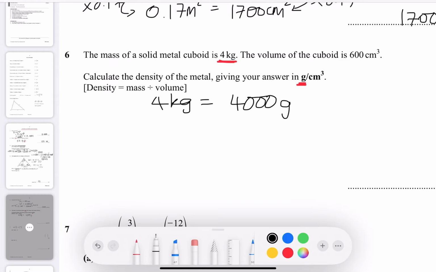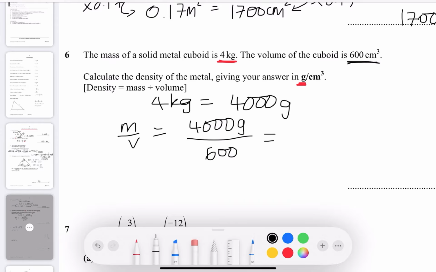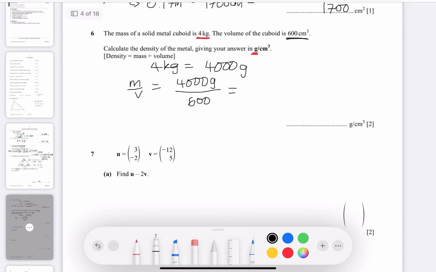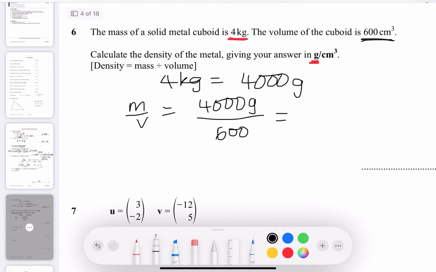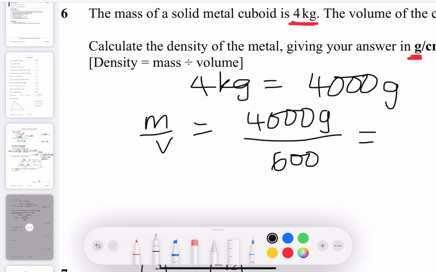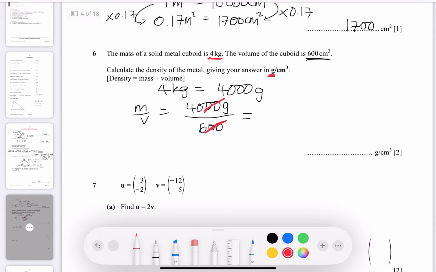And so the density is equal to mass over volume, which is now 4,000 grams divided by, we're given the volume, 600 centimeters cubed. And now, a way I would recommend to simplify this and calculate it without a calculator is to divide both sides by 100, which means that the 100 cancels out, because there's a common factor of 100 on numerator and denominator. So now this becomes 40 over 6. And 40 over 6 is much easier to calculate,